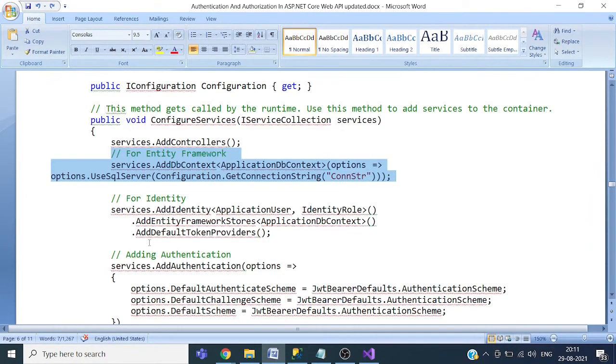So we have added the support for Entity Framework. Now we are configuring for identity. For identity, we have created a new class, application user, because the default class is identity user. So we are adding a new class. So we need to tell here specifically.